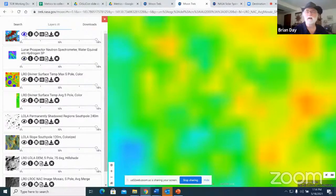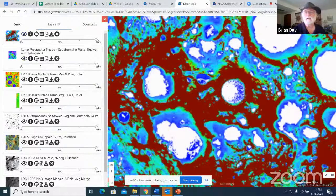Let's go to this view here. Here we can see, so some of these areas we have detected ice that has formed. And that's really important because ice is frozen water. And if you're going to live and work on the moon, water is something you're really going to need to live. You're going to want to have water to drink,